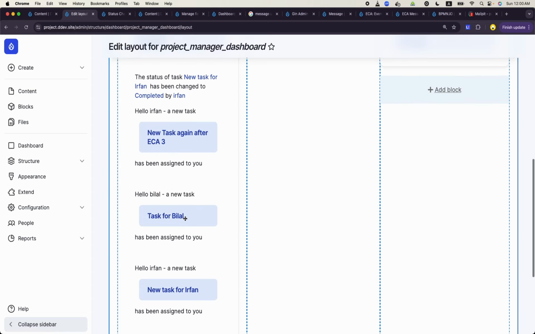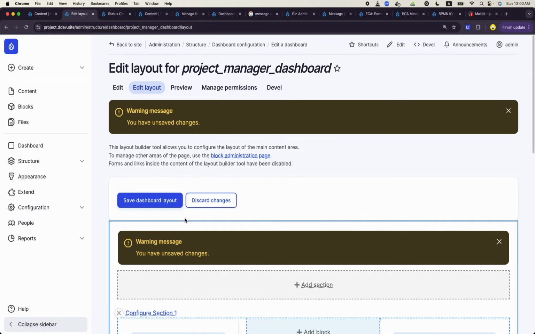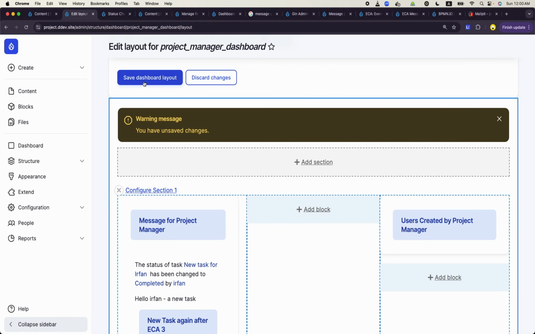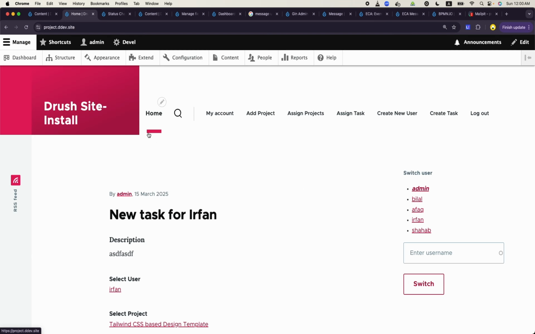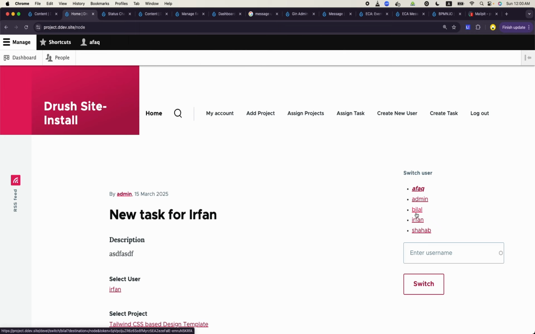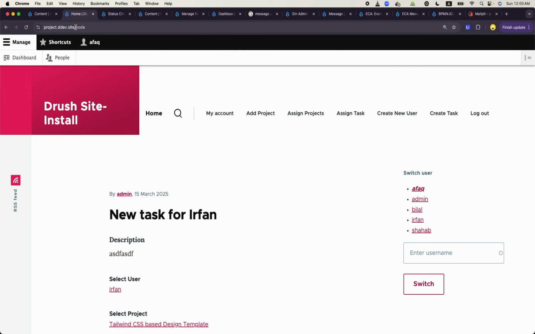So it will show him different messages, and save dashboard layout. That's it. Now, Afaq is a project manager, right? If you log in as Afaq and go to his dashboard,